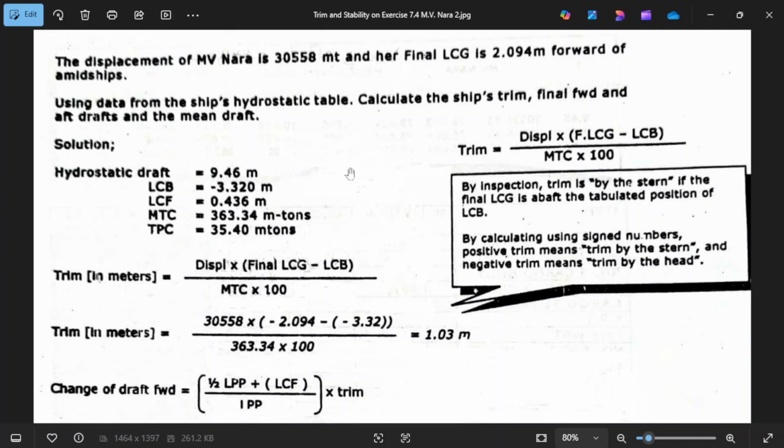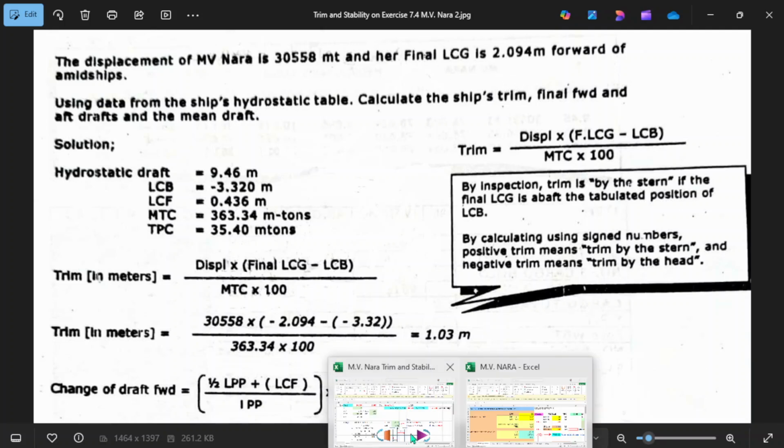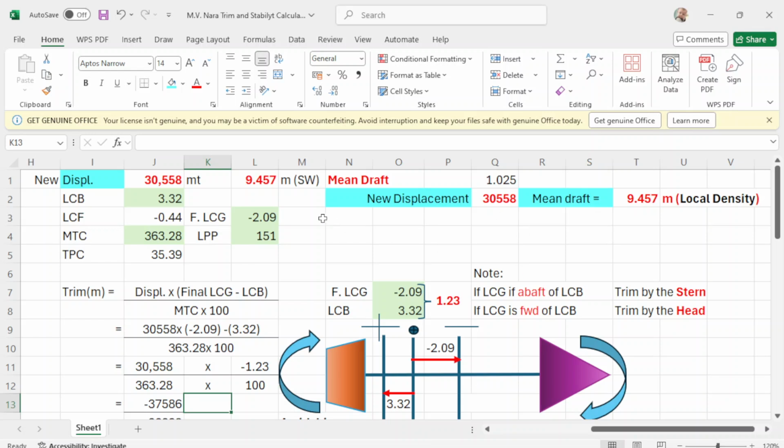So this is the same, guys. I just moved it in Excel. The displacement is 30558 and the final LCG is 2.094, which is this one. Okay, the displacement is 30558 and the final LCG is, I put it to negative 2.09. I just disregard the 4. Then the next,